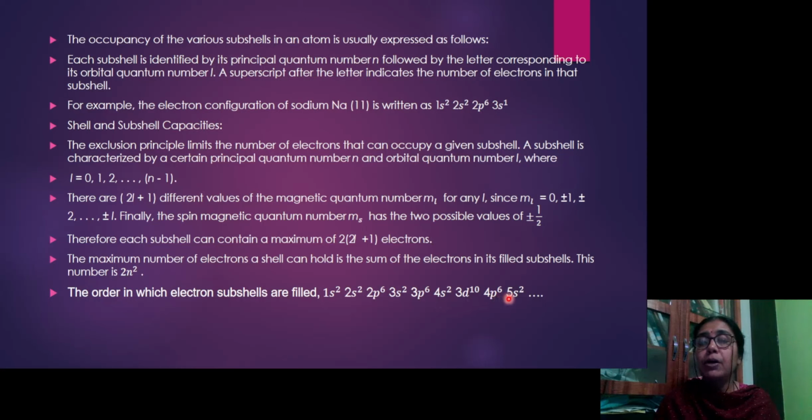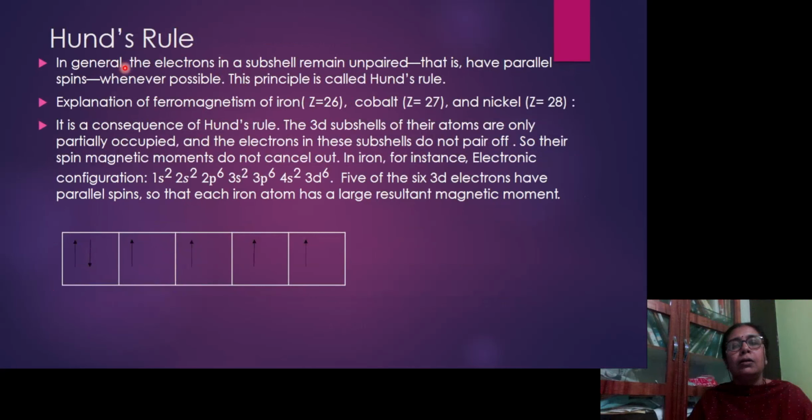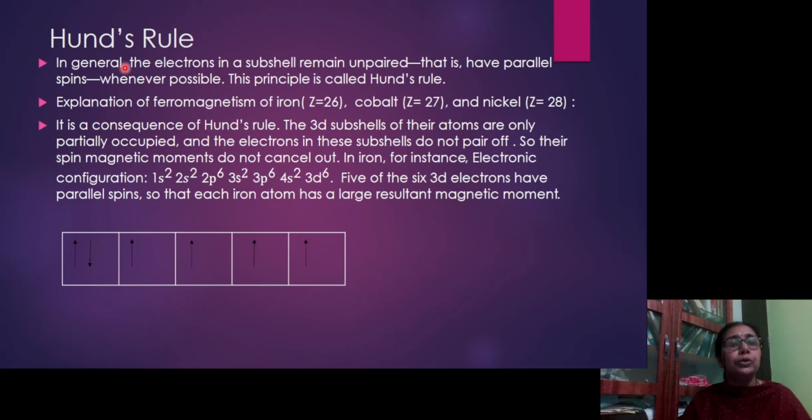Similarly, after 3d, this is 4p6 and then 5s2 before 4d. So 5s2 will be filled before 4d, and this sequence is according to the increasing energy of different shells and subshells. Now one more important rule